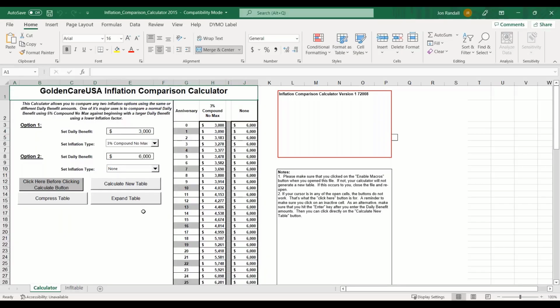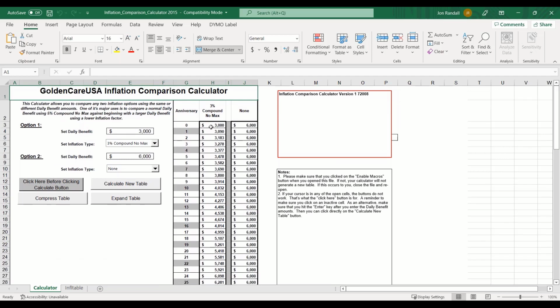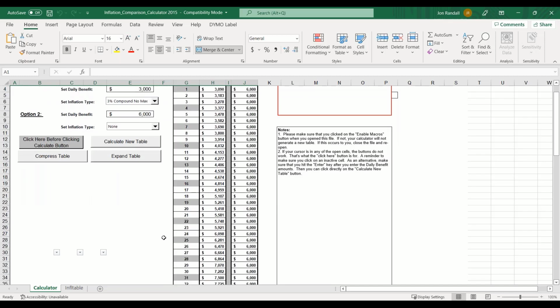And then here's that calculator I was talking about. I know it's a little small and hard to see, but I put $3,000 in there at 3% compound inflation against $6,000 at no inflation. If you're using this and you change the numbers, you always have to click here and then calculate a new table. But remember I said about 25 years down the road, or get them to age 84? Well, look at that.